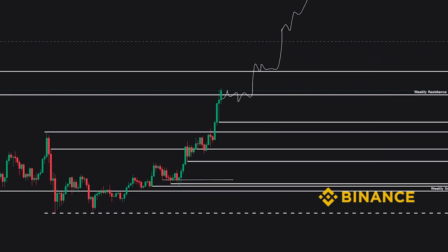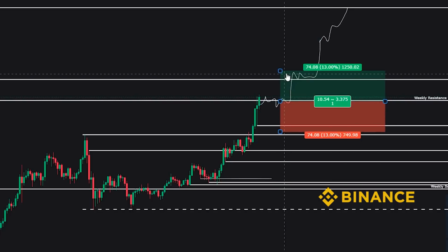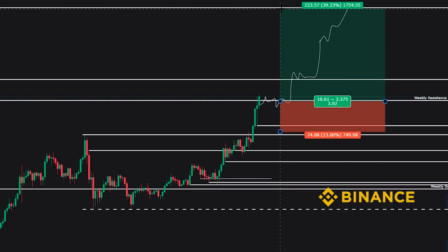So let me go ahead and toss a setup on here before this moves, so that you guys can see it. So on the long position, I would look for something like this, right? Wow, this is actually kind of perfect. Yeah, so stops are kind of loose right here, but this